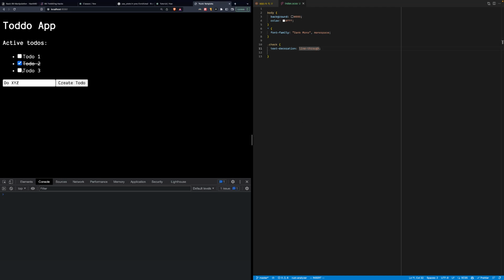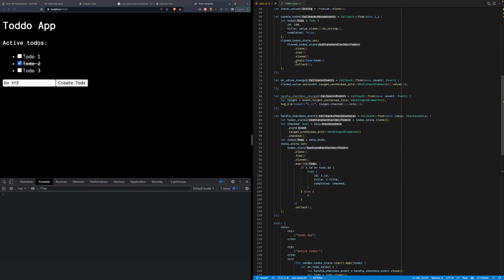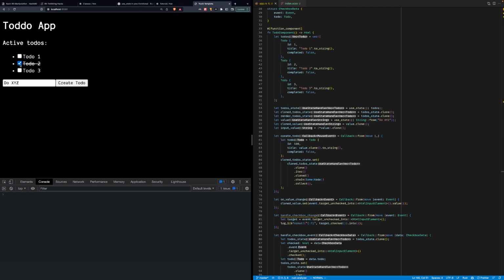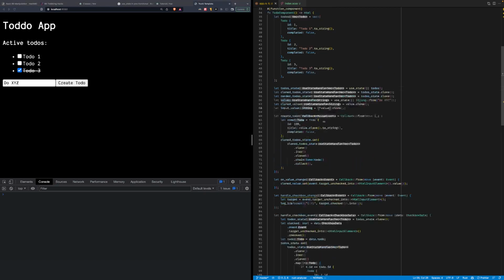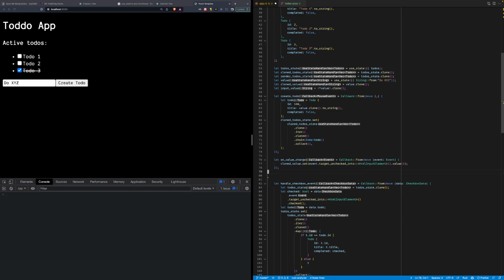Wow, this is crazy. I'm building the whole, this is cool. I mean, we built the whole thing in Rust, the whole UI. It's just amazing. This is perfect. I'm still confused. First of all, I'm going to remove this.